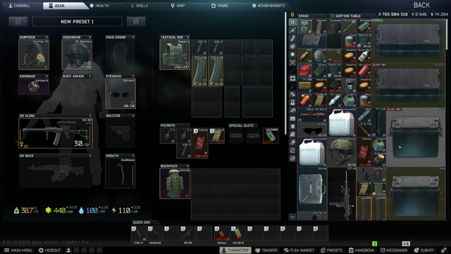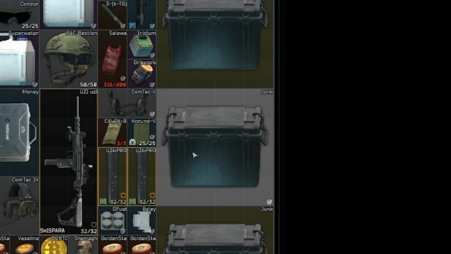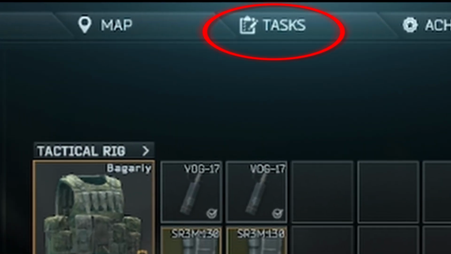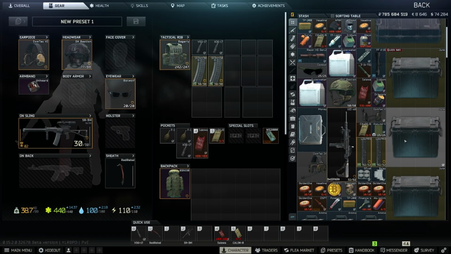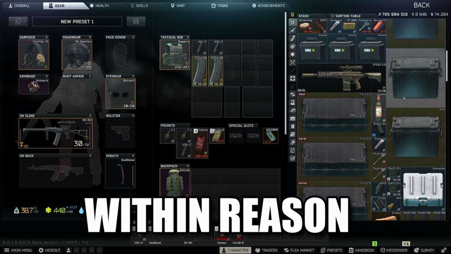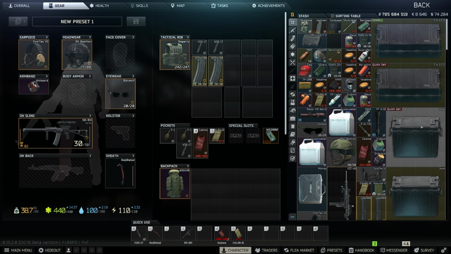So first things first, you are going to want to at least get yourself some boxes where you can stash items, because it centers around some of the tasks in the game, which we'll get into in a second. But essentially, you want to stack up as many of these junk boxes as you possibly can, or if you've got thick items cases, or standard items cases, or wherever you typically put the gear and